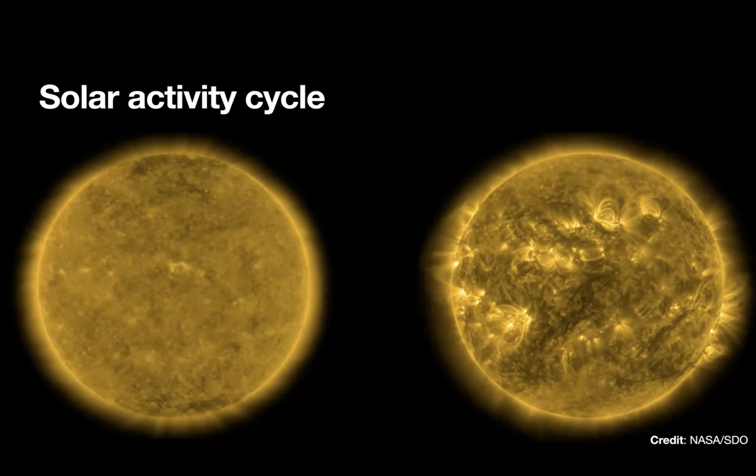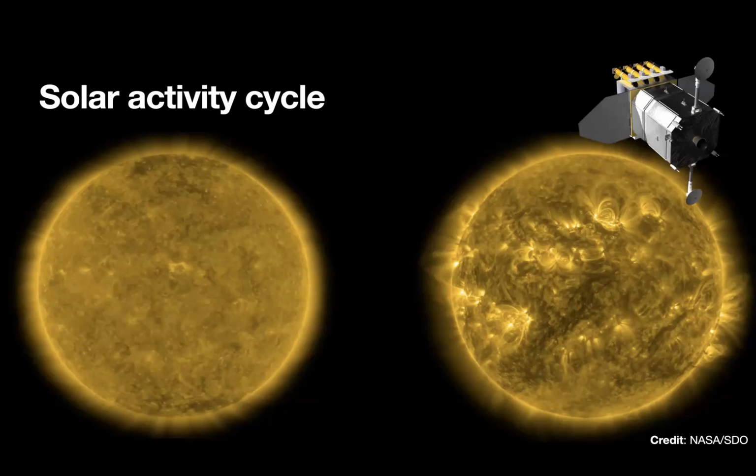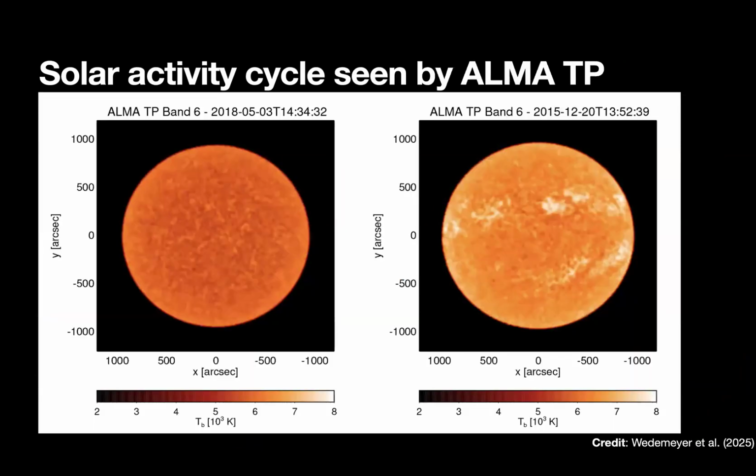But at the halfway point between the two poles flipping, the magnetic field is much more complex. And as you can see on the right here, you have a much more complex magnetic field, a lot more bright points, and a lot more solar activity as the magnetic field is a lot more complex. You have a lot more reconnection. You have a lot more magnetic stress, and you observe a lot more solar activity phenomena. And yes, this is observed with the Solar Dynamics Observatory here seen.